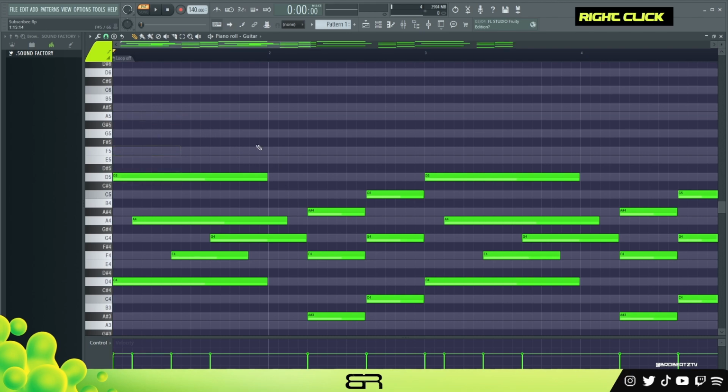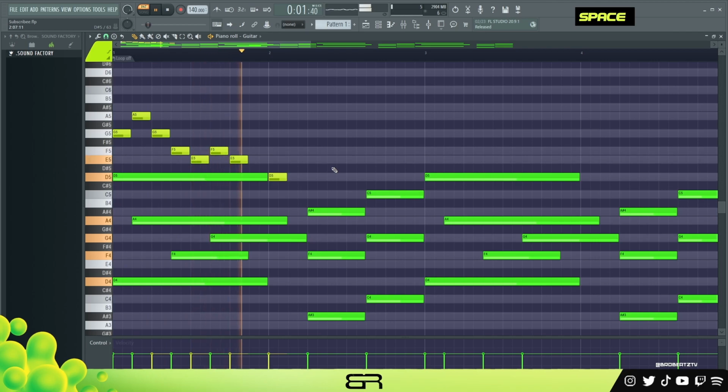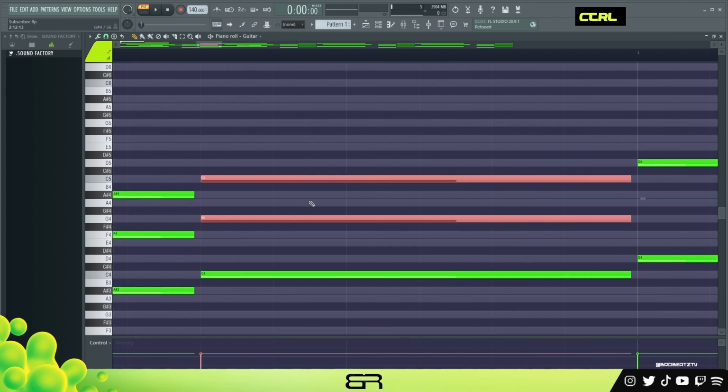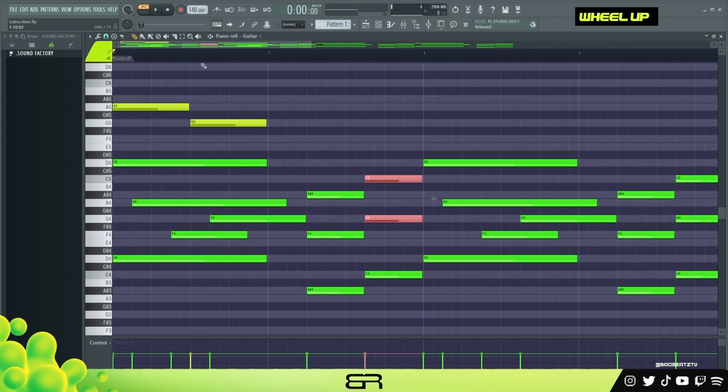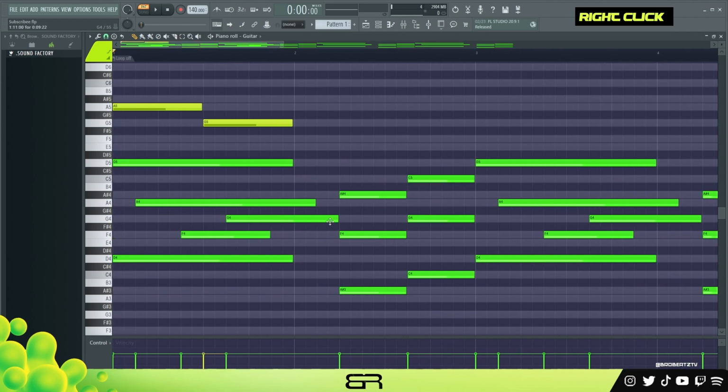So if you don't want to start there, you can still do a bunch of stuff like this. You do not have to start there, and I just want to show you that you can go off of this note, but if you want a for sure good melody, you can use that. So we can use this. You can pull things up an octave. Let's pull this up an octave, change the color. If you want to pull stuff up over here, I don't know why it keeps doing that, you can. I think I want to just reuse this,